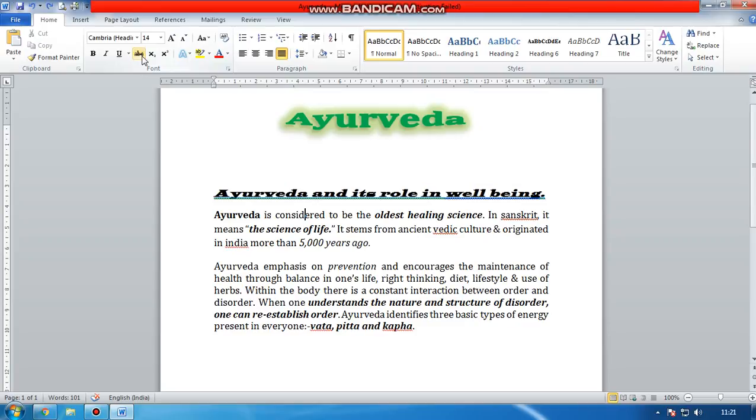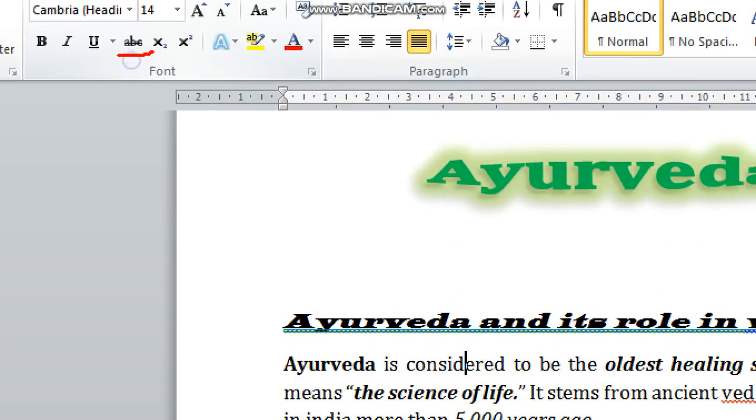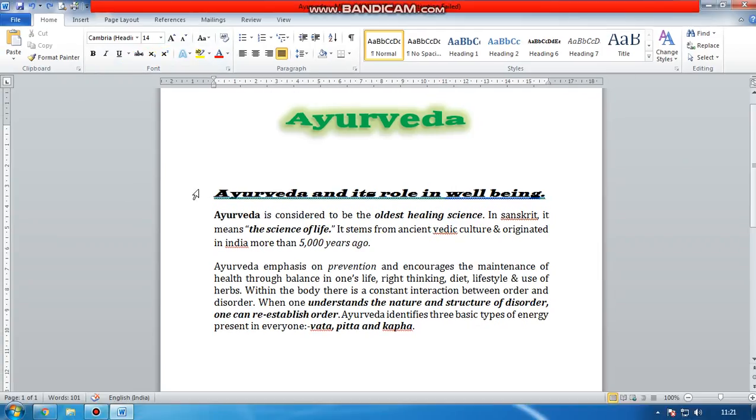Now what is this strikethrough? This is strikethrough, this is subscript, and this is superscript. When I select Ayurveda and click on strikethrough, it will cut it, like teachers do. Now I want to type, for example, H2O, the symbol of water.